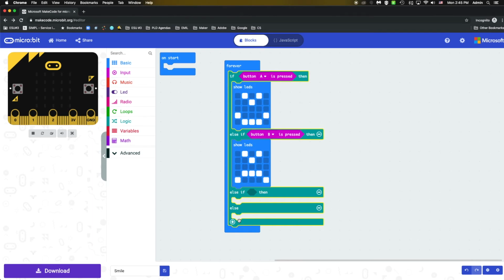Okay. Now one thing I want you to notice real quick here first is at the very bottom I have else here. I'm not going to need that section of this if then statement, so I can click on this minus sign and it'll take that section away. Now just like for the other two buttons, I can go back to input, select another button A is pressed and put it in here,